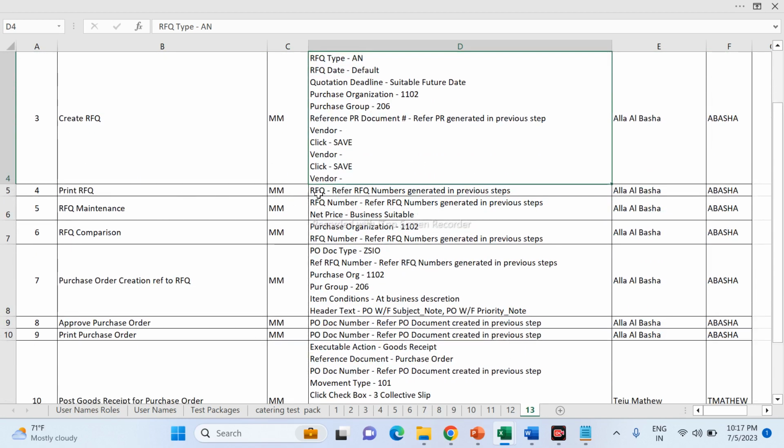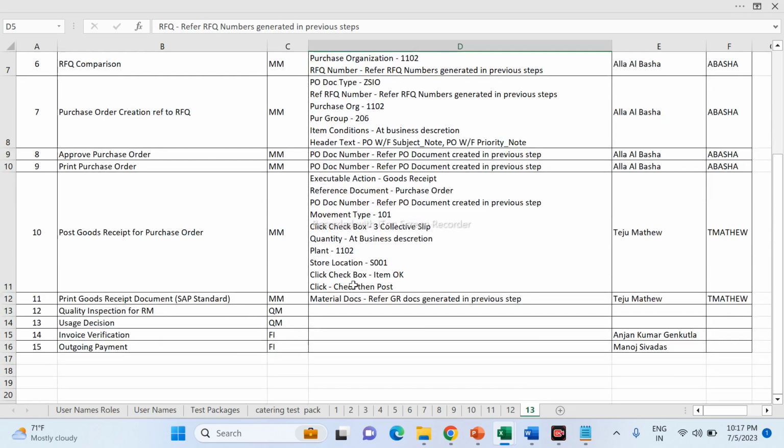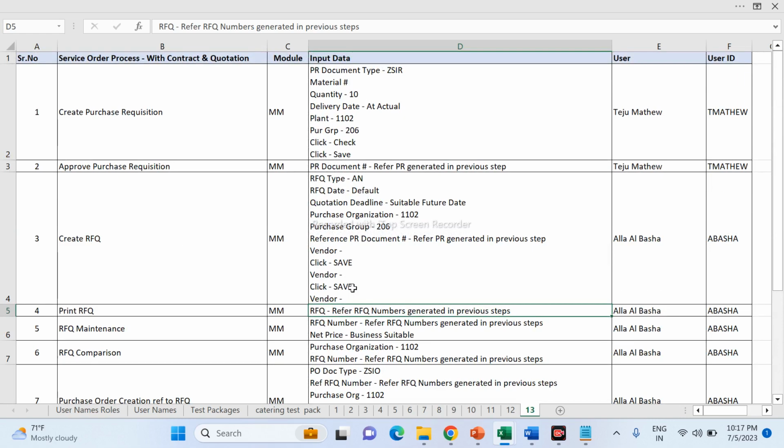Same way, like your print RFQ reference number generated in the previous step. So you have to execute all the process. So the UAT test scripts have to be prepared, and based on that the user has to execute the process. Okay,